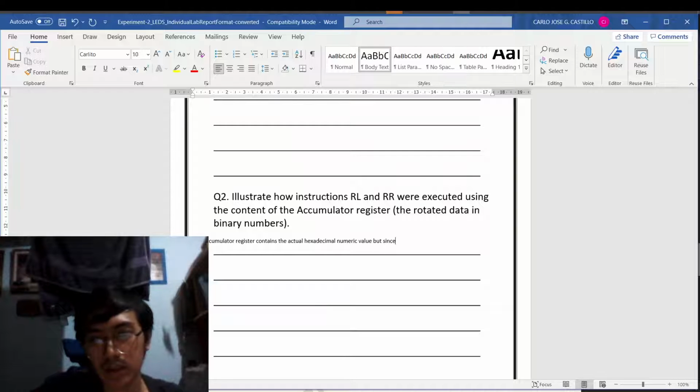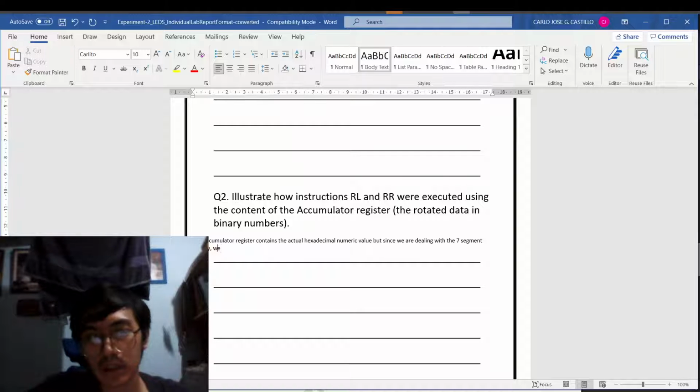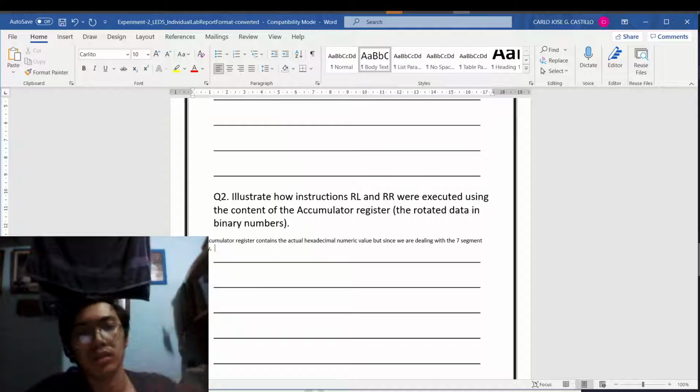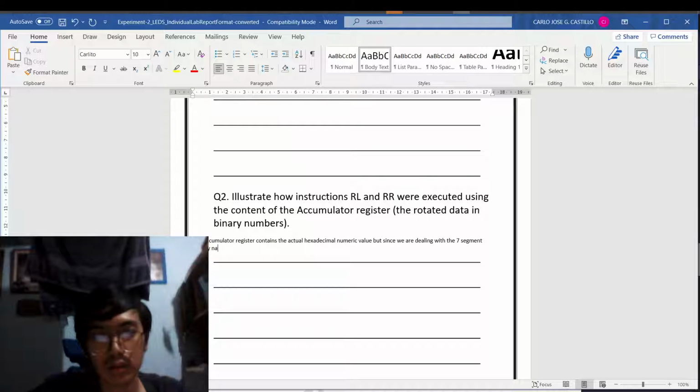But since we are dealing with the 7 segment display, we need... and it uses the complement of the stored values as its